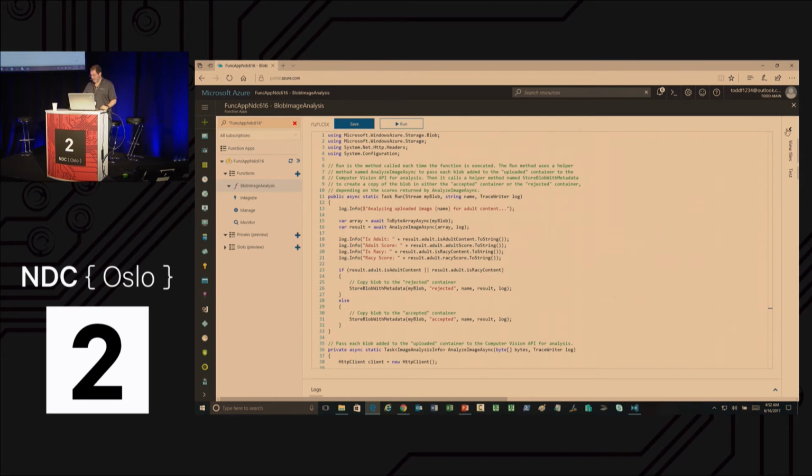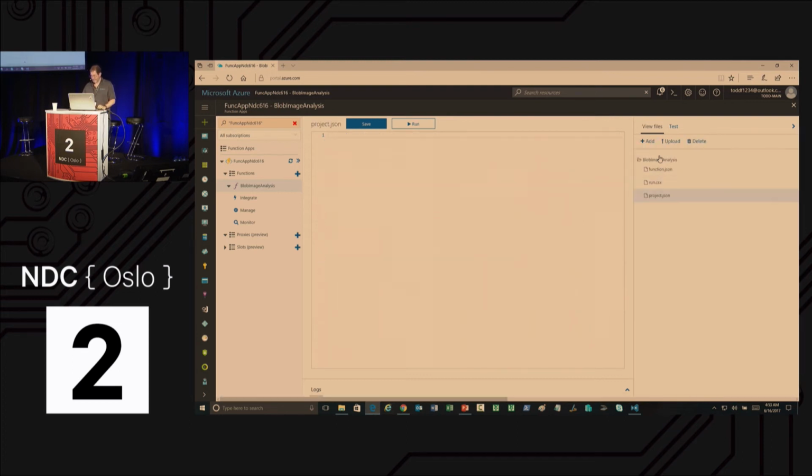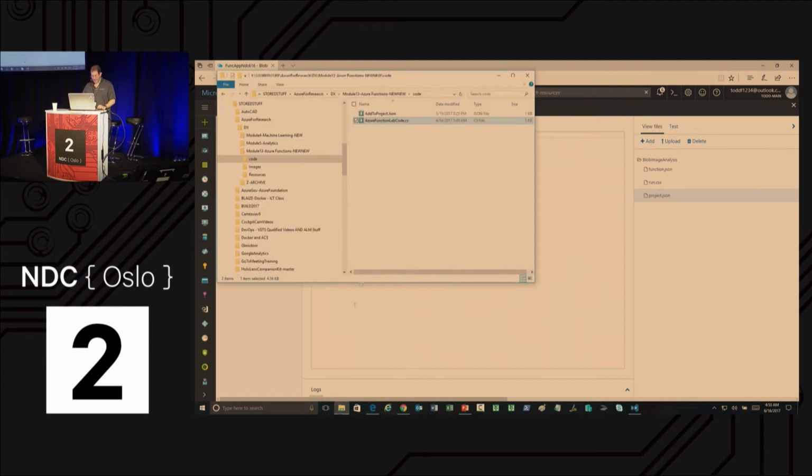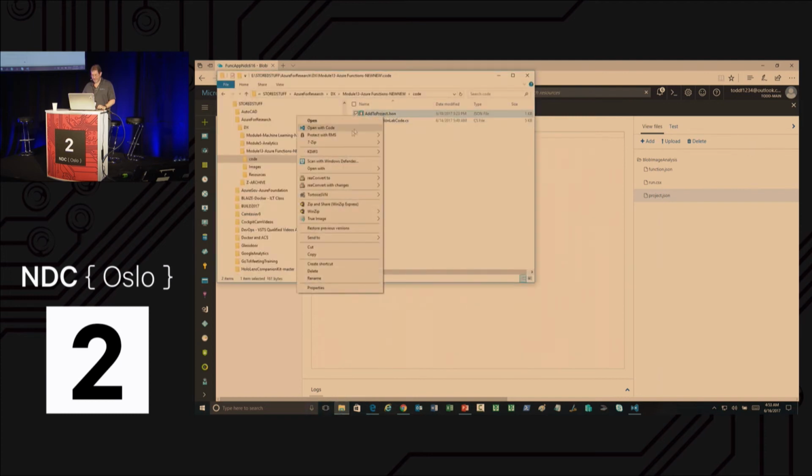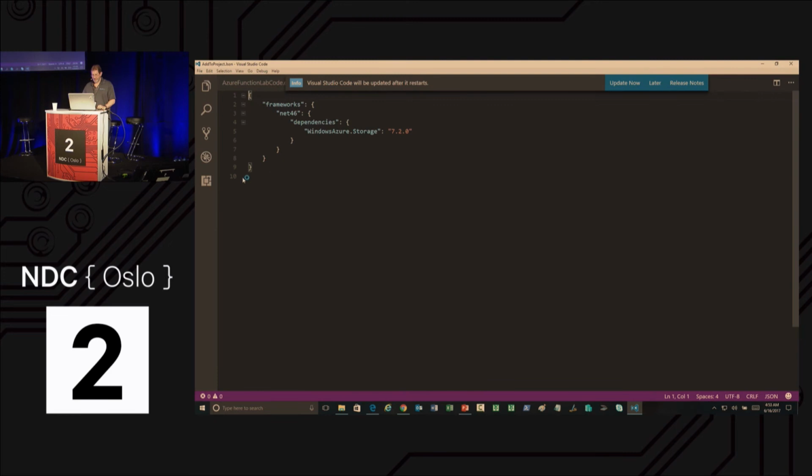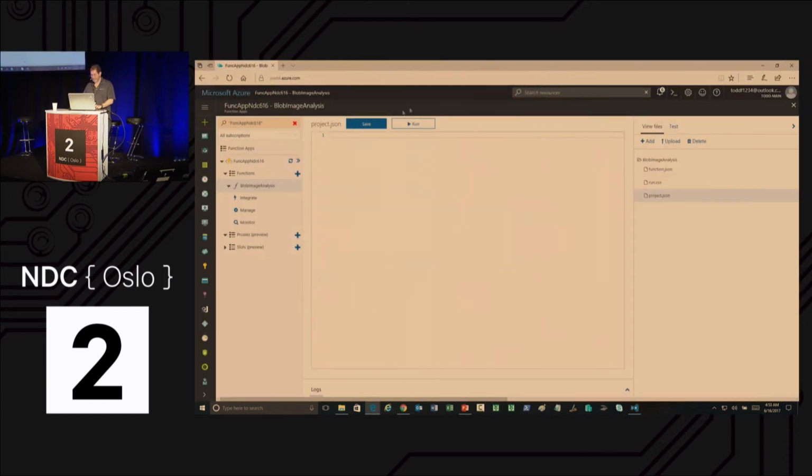So there is something else we have to do. You can look at the rest of your project files here. This is the run file that we just did. Let's add another file. I'm sure you've heard of this file before: project.json. What are we going to put in there? That's my one other tiny little piece of code. We have to tell it the project dependency on Azure Storage. So that's all that's in here. We'll get rid of that, stick this in here, and click Save.